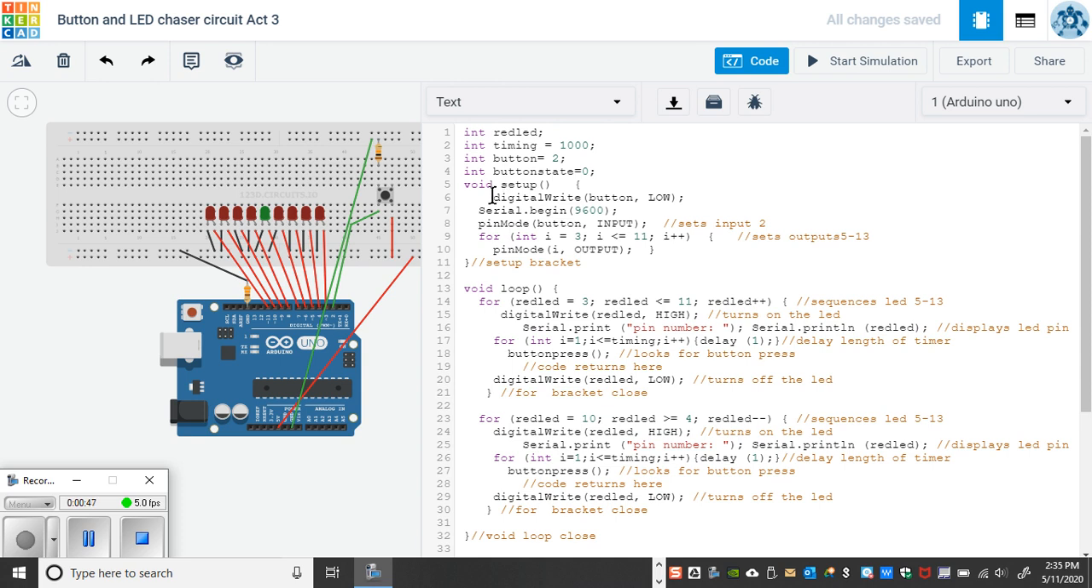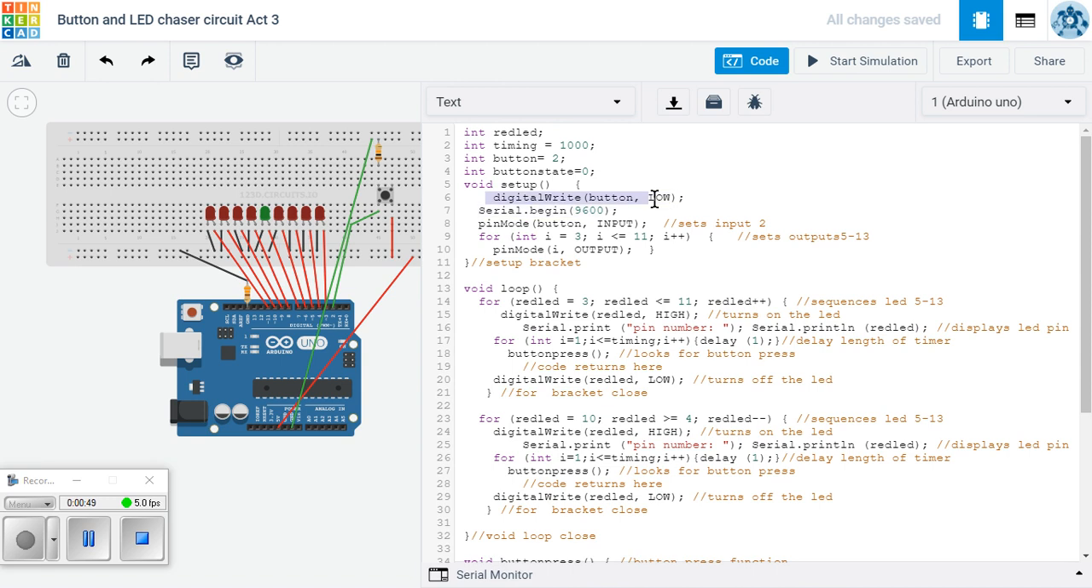In void setup, I've told the button input to set it to low so that it's grounded. That's not necessary usually, but with Tinkercad it has some glitches every once in a while, so it's helpful. I turned on serial begin,